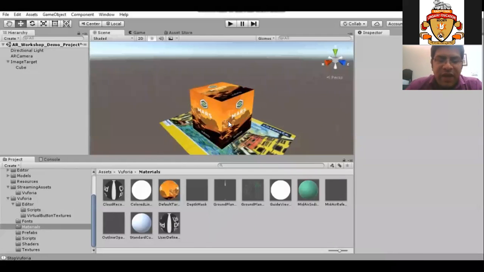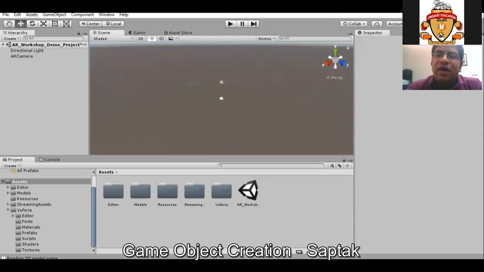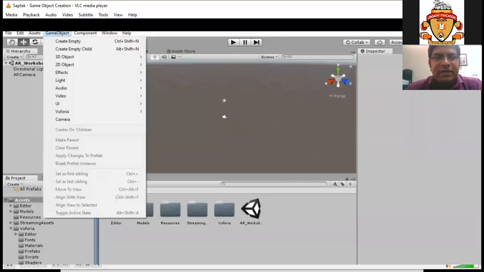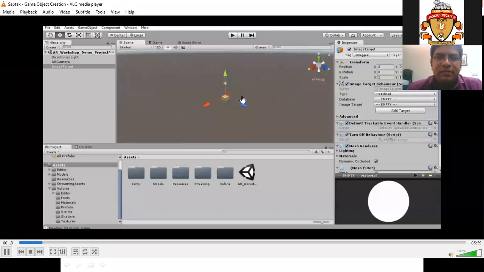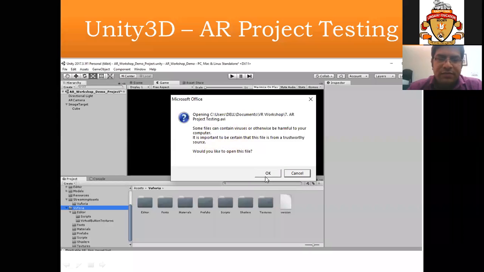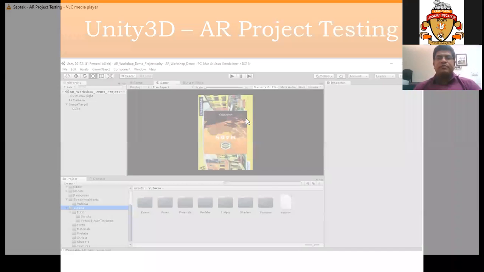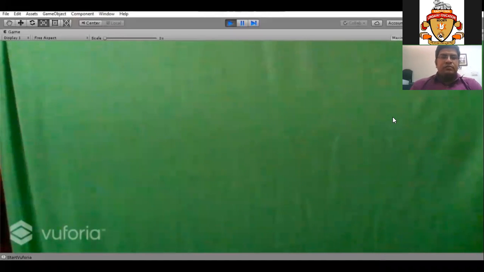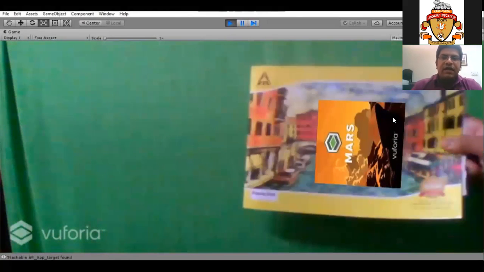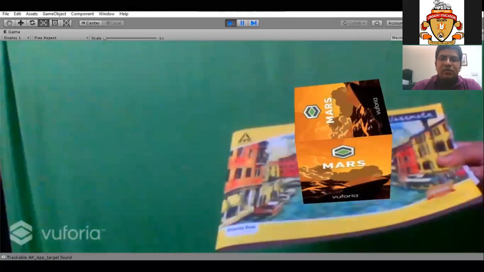Now, once we have created the game object, as well as all the other particular things, it is time for testing. So now let us see whatever game object we have created, when the particular marker is detected, whether it can superimpose the particular game object. So I will show the particular image in real time, and the real time video is detected, and we can see the computer automatically places or superimposes the game object.